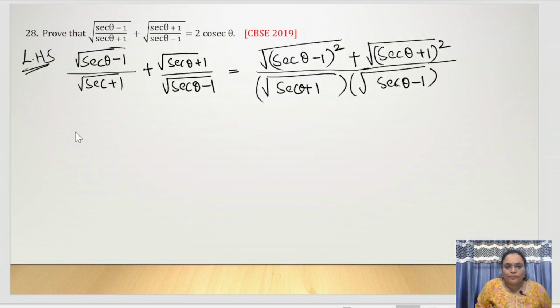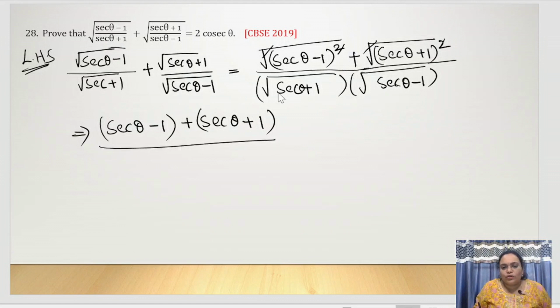Okay. So the roots and square will get cancelled. So this will be secant theta minus 1 plus secant theta plus 1, divided by root of secant theta plus 1 into root of secant theta minus 1,